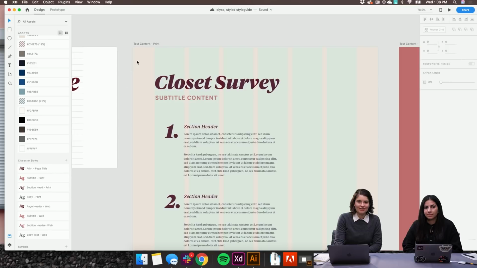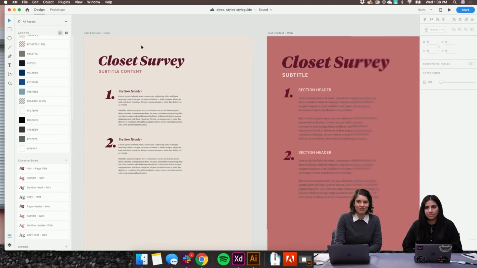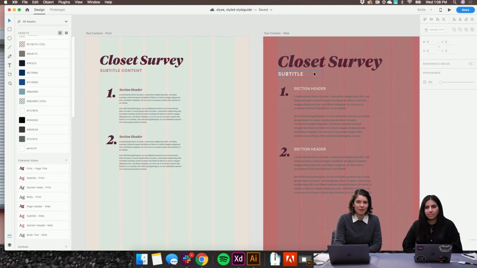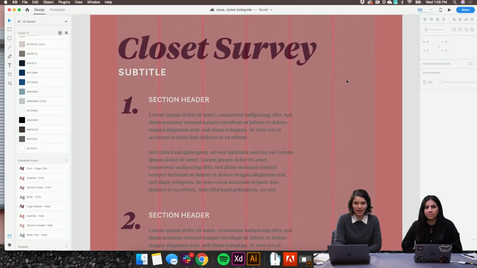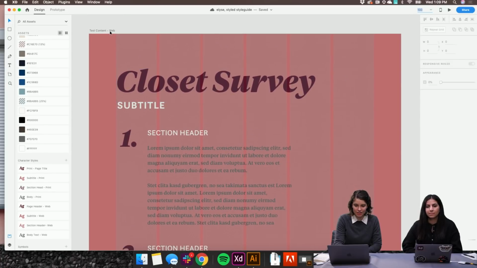And I just started playing around, and then also applying maybe the web type styles to a different sheet just to see what that looks like. And so I'm gonna actually turn off the layout grid really fast just to see it without.